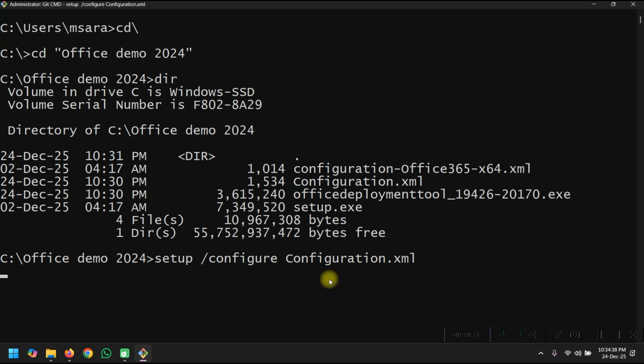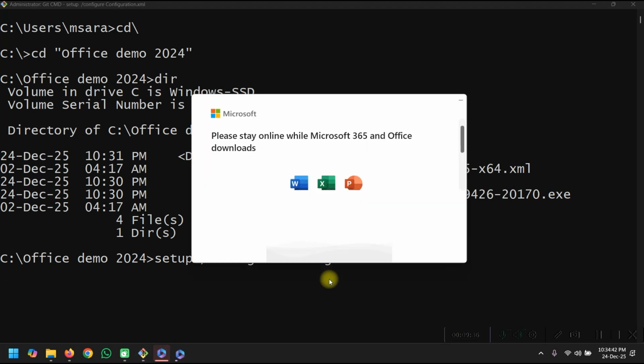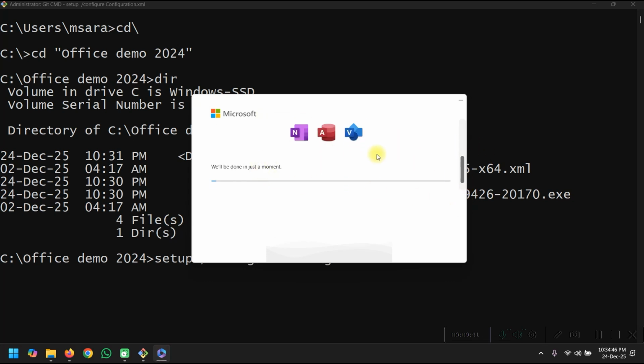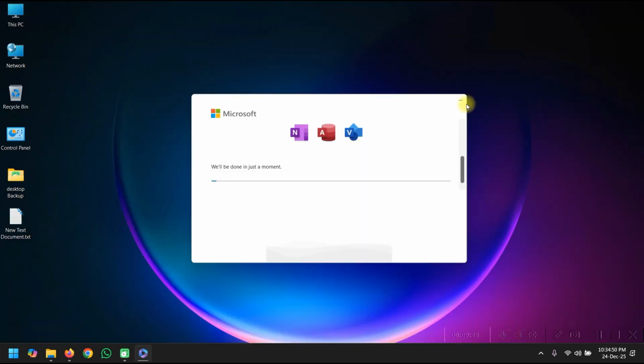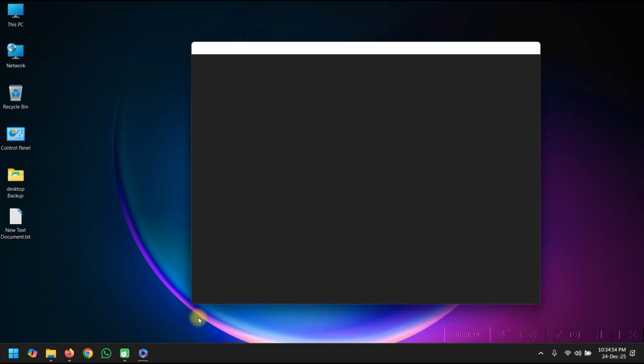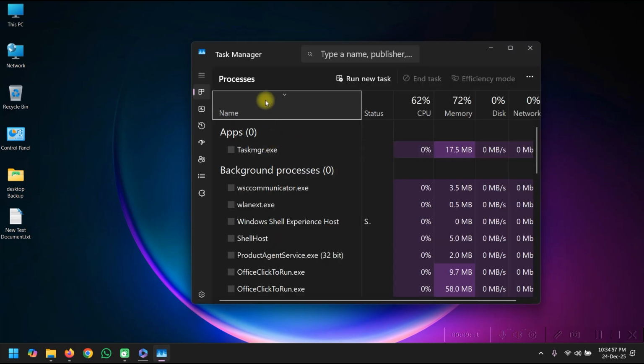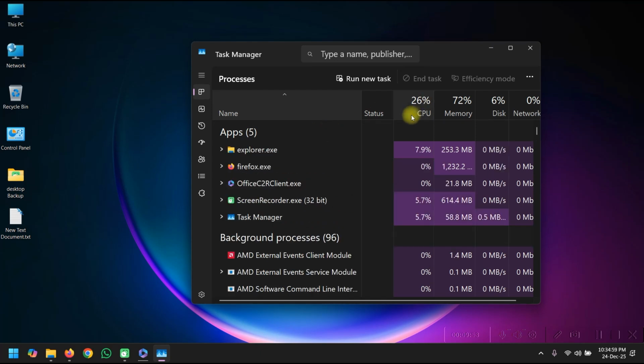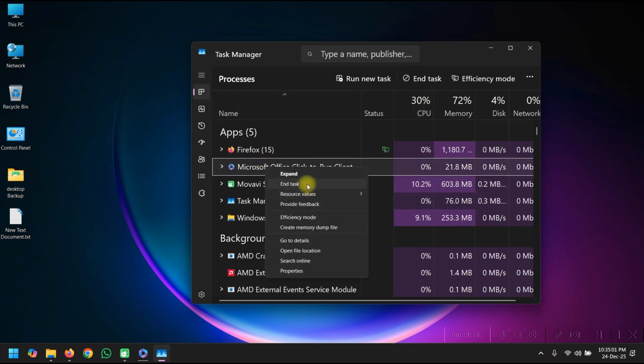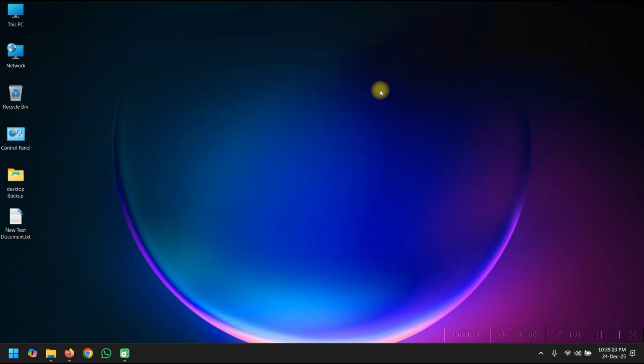When I have it loading here, it is still in downloading mode. Once the entire download completes, you can come here. Now start the process. I can close here. Okay, I close this. My 2024 is already there, so I can't continue here. I can stop here. For stopping, I have to end this task. Okay, once it is completed,